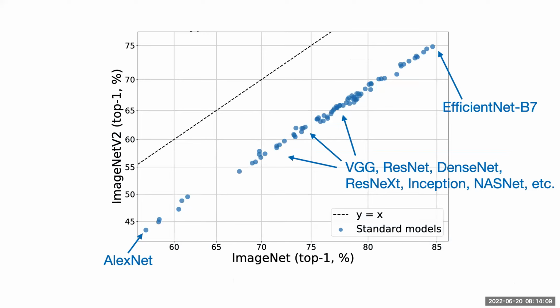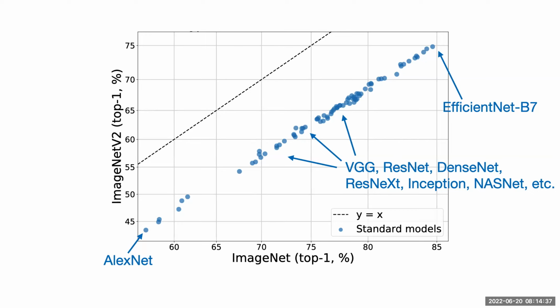But overall, the picture is going to look similar in many of the distribution shifts we look at. So on the x-axis, we'll put ImageNet accuracy, and on the y-axis, accuracy under distribution shift. So it's a two-dimensional plot. The dashed line here is y equals x. This is where you would end up if you don't have an accuracy change on distribution shift. For all of these distribution shifts, the point is that the models do worse, so the blue points, which are the models, will be below the y equals x line.